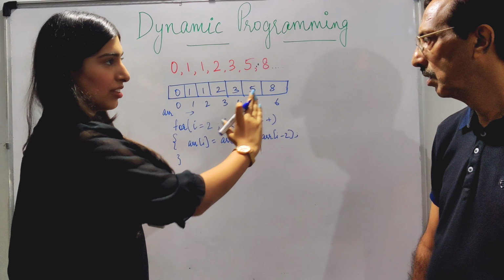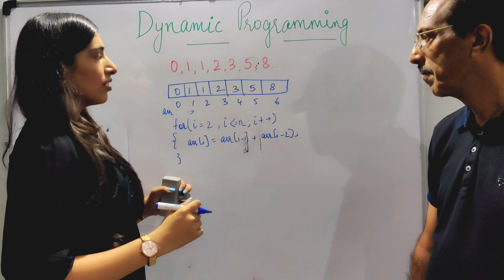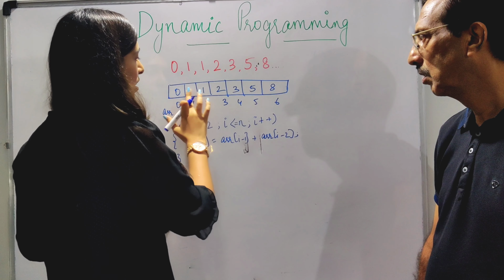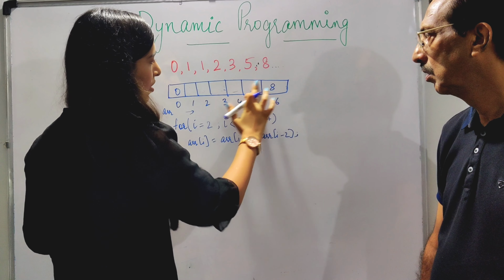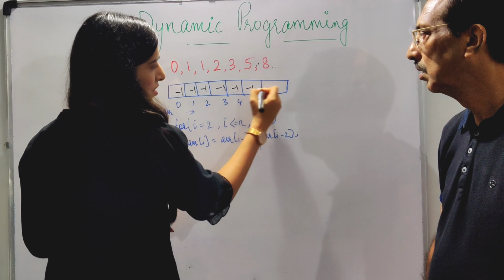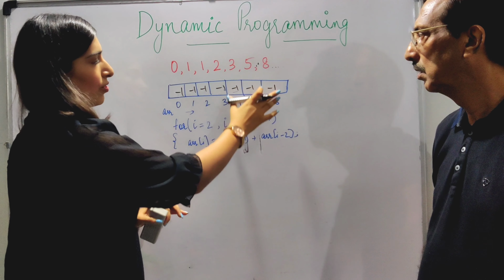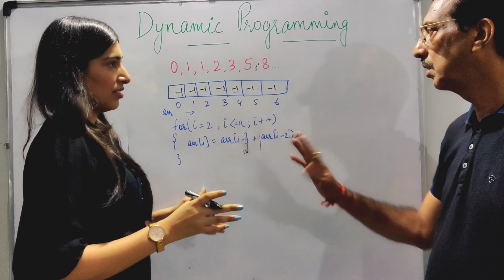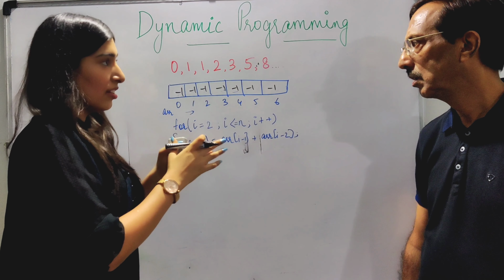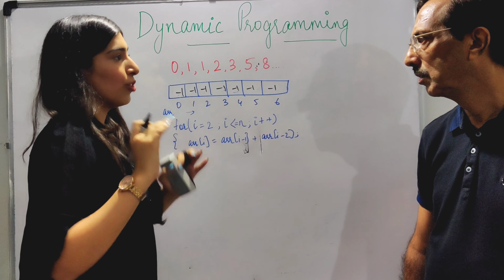Because we are starting from the 0th index, we knew that all these values had to be calculated. But instead of knowing the pattern, there can be cases where we don't know a pattern. So what we are going to do is, initially we are going to take all the values as minus 1. This minus 1 denotes that the values have not been calculated. Why do we choose minus 1? Because we know that in this case, minus 1 can never be an answer. It is a summation of the previous two, so it will always be greater than 0. It depends from problem to problem. Here we know that it can never be negative. So we have taken these as the initial condition, which means that the values have not been calculated.